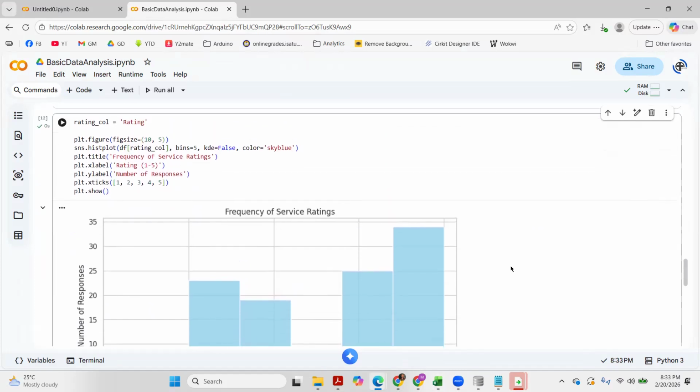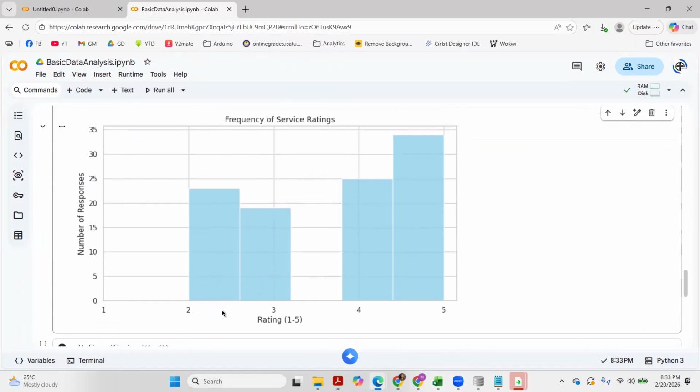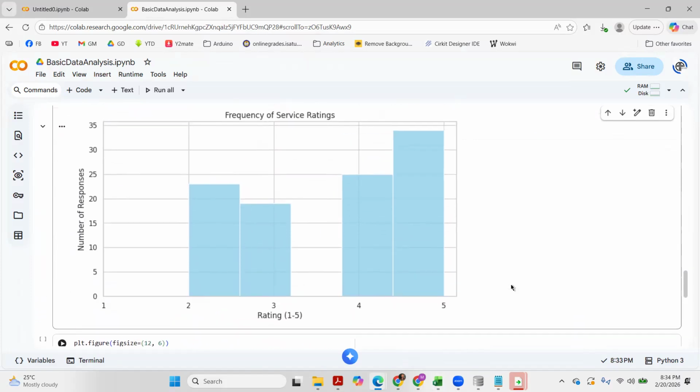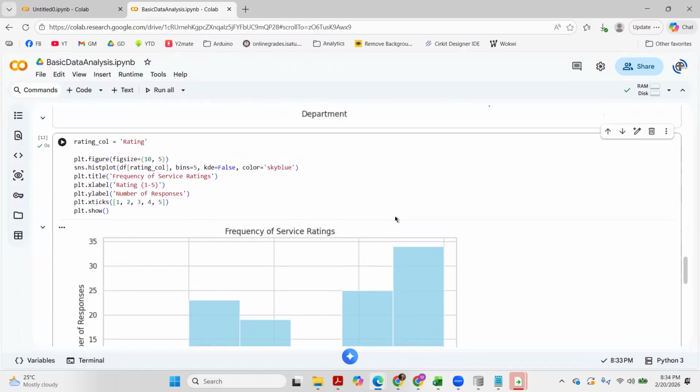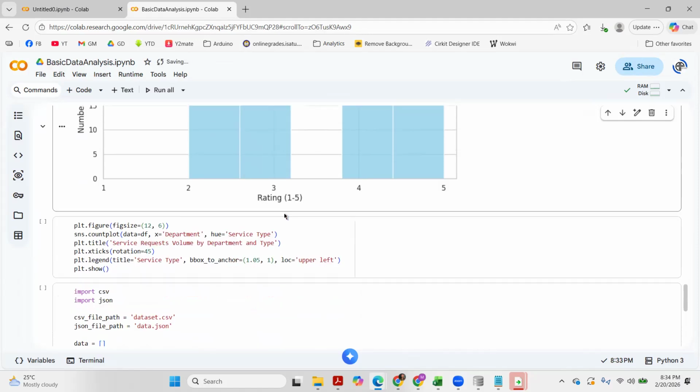So we have the column charts for the frequency of our service ratings. We have some two, three, four, five. The visualization is kind of messed up, I think because of some configurations in my Colab settings.